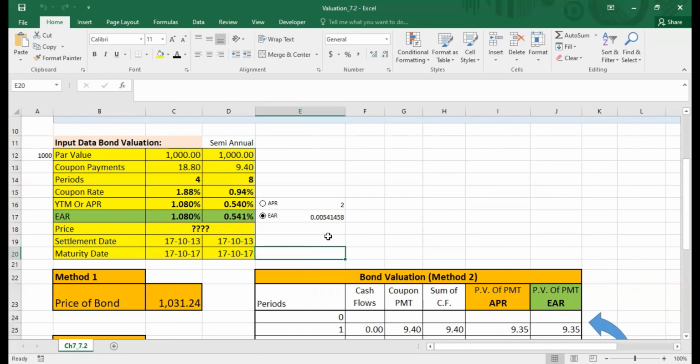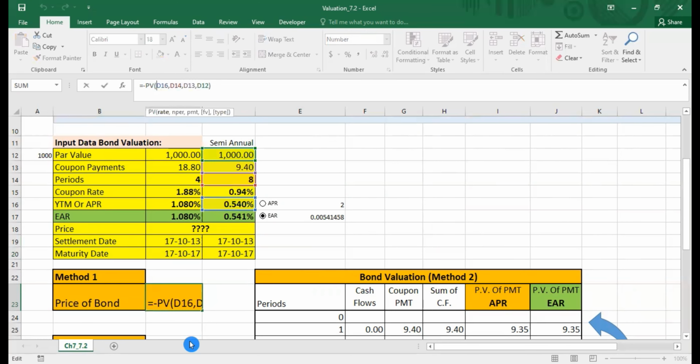Now, if we go to our method number 1 formula, where we have given the function of present value to calculate the price of the bond, you can see that the rate is given over here, D16. Simply change the cell address now to the one where we have just written the IF function, so this is E17.